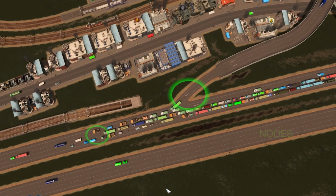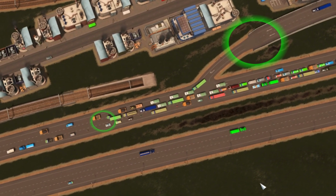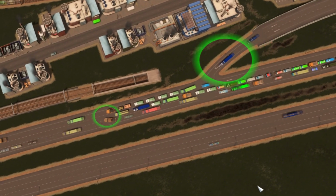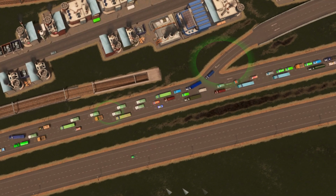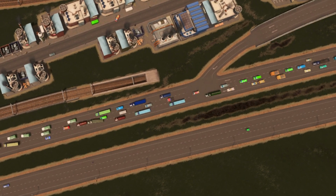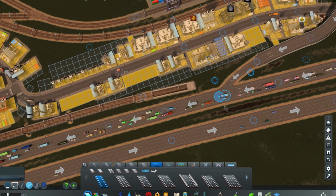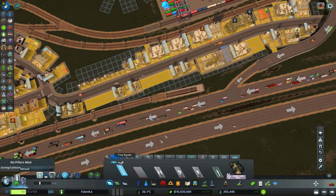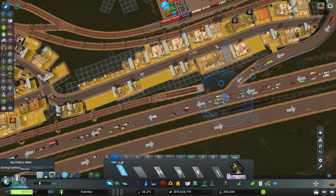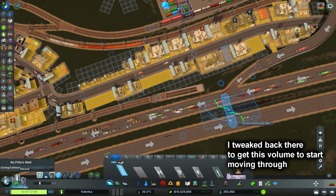I know that exit's broken because it used to be a 2-lane on-ramp and I changed it to a 1-lane on-ramp, which means that arrow is actually lying to me. Because every time I do that, I always gotta bulldoze it and rebuild it. Because there's gonna be traffic that's gonna jump from, instead of use the right lane, they're gonna jump into the middle lane. Now, most of the repairs that I did on this highway to the right side, just to get it to run this thick coming through here, they were mainly